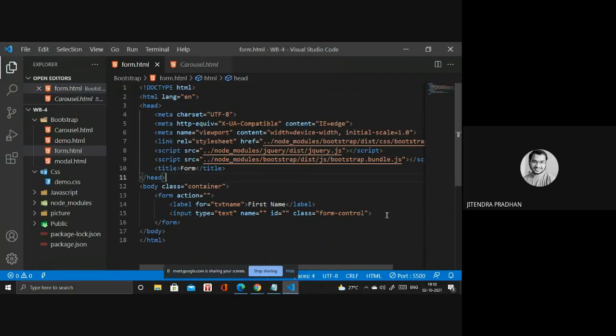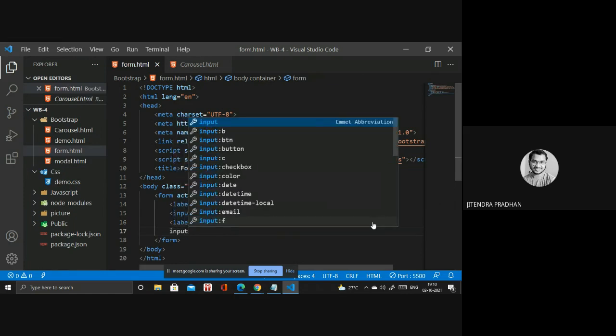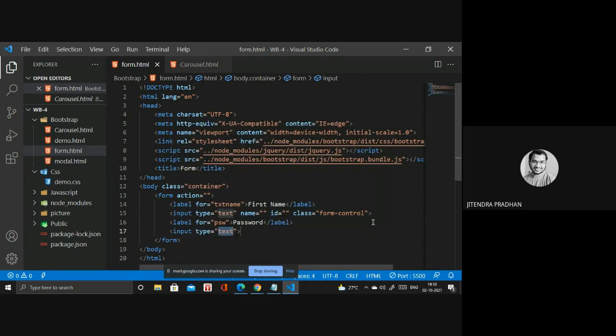So if I design something with a selector as well, and if you're designing a label inside for password, okay, and in that if you write input and inside we have type password, okay, for input you have to write class form-control.